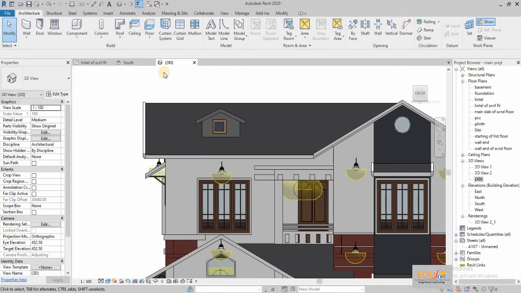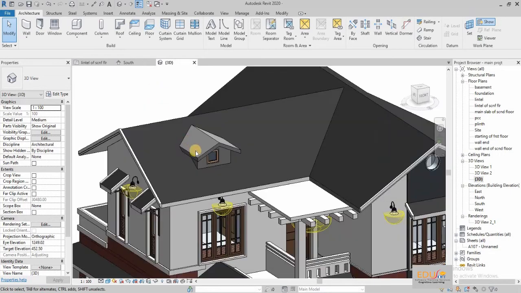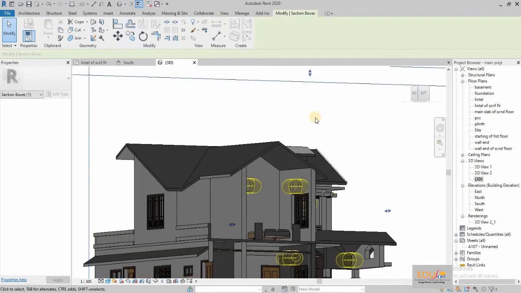Now you can see that the bottom face of the dormer, for ventilation purpose, is closed now.